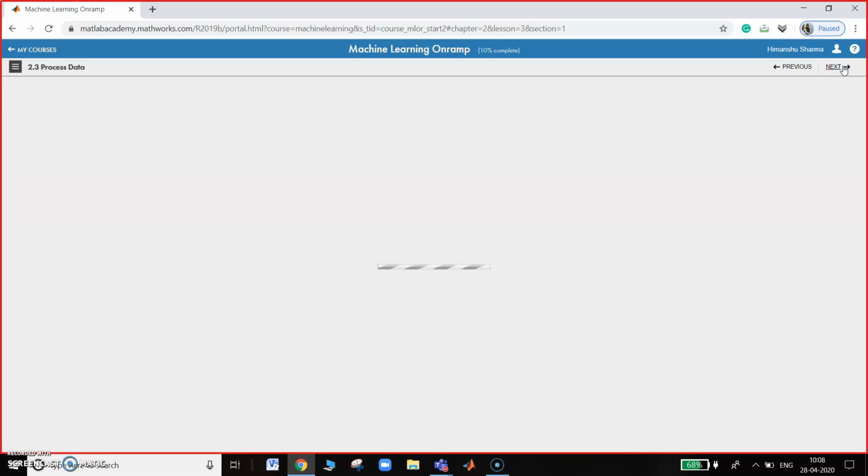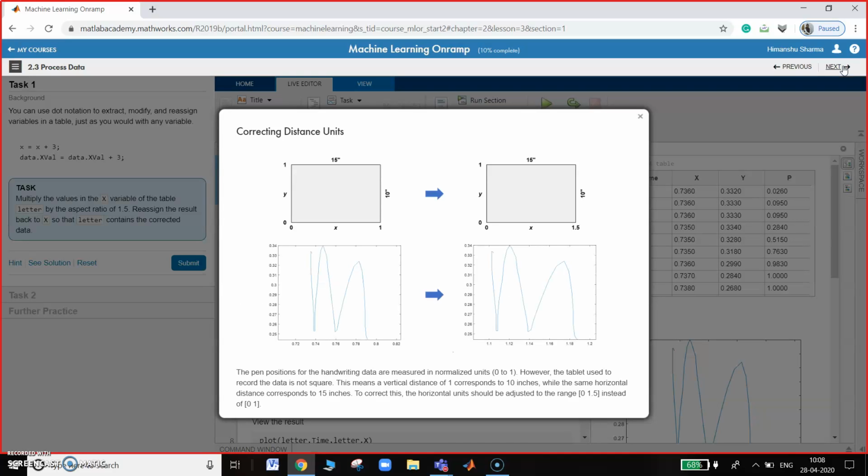So this was the data which we have imported. There are 3 files J, V, M, and these are the contents which we have analyzed. Then correcting the distance unit. As we know, the paper or tab on which the characters are being written are not of square form, they are of rectangular form. Therefore we will normalize from 0,1 to 0,1.5. You can see it is going to 0 to 1.5. X-axis is from 0 to 1.5, y-axis is 0 to 1 only. Earlier it was 0 to 1 and 0 to 1. So this is the normalization which we have to do with the data sometimes for getting accurate results.